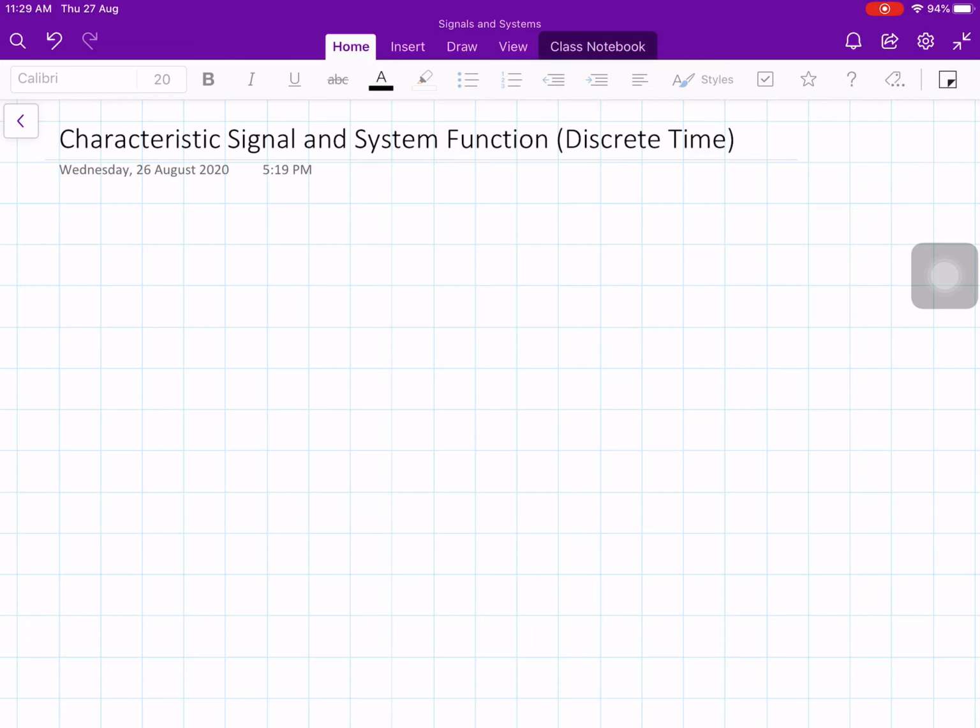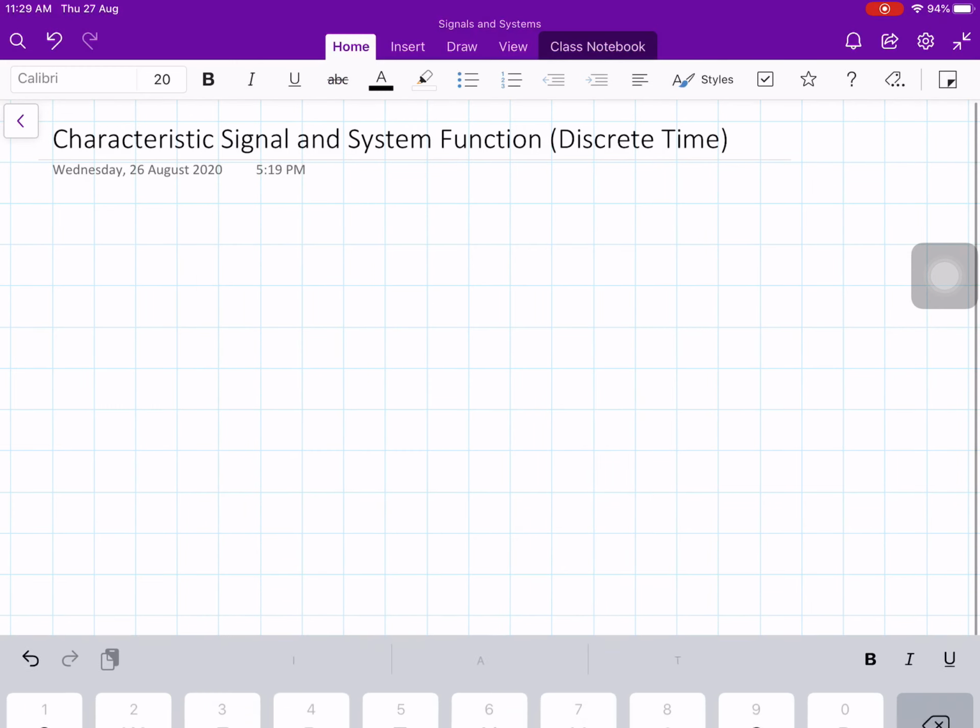Okay, so in the last lecture we have studied the characteristic signal and system function for continuous time systems. In this lecture we will study the characteristic signal and system function for discrete time systems. So we know that for a discrete time system,